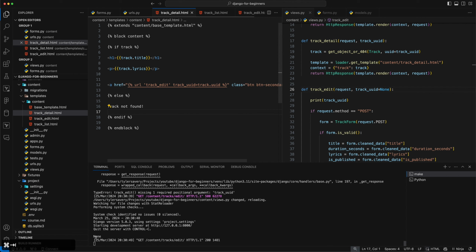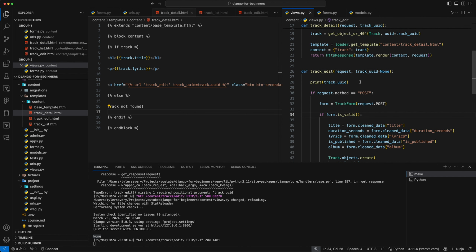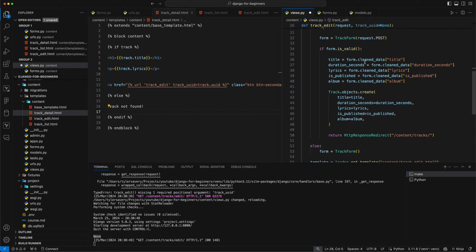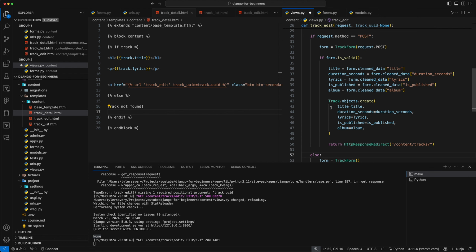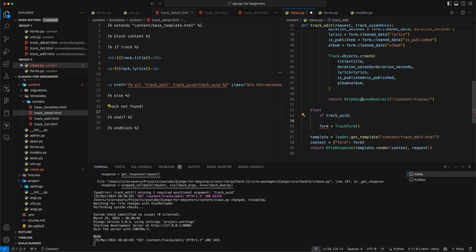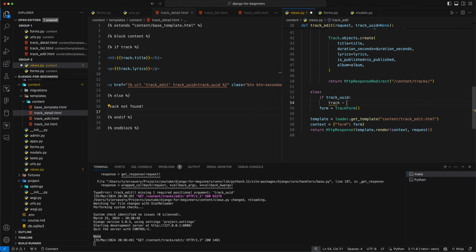And then when you see it printed, it actually printed none. So that's all good. So now we have a way to know, if this is none, we do something. If not, we're good. So let's first of all start with the get part of this. And we can go if track UUID, then we want to make track equal to